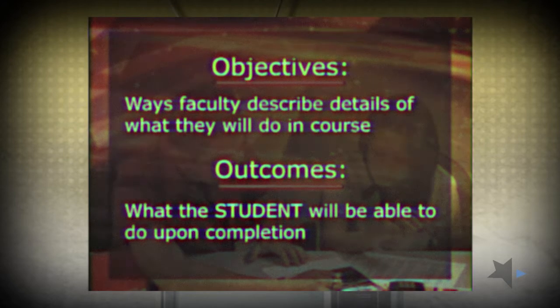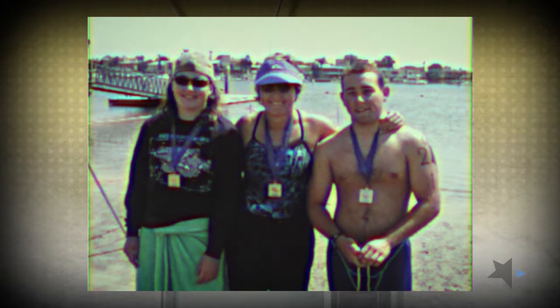So I like to explain the difference between outcomes and objectives in this way. It's kind of corny, but it's me. When I turned 50, I decided, gee, you're getting old. You need to prove that you're not. So I signed up to swim a race from Alcatraz to San Francisco. And I had to develop some objectives to get there.